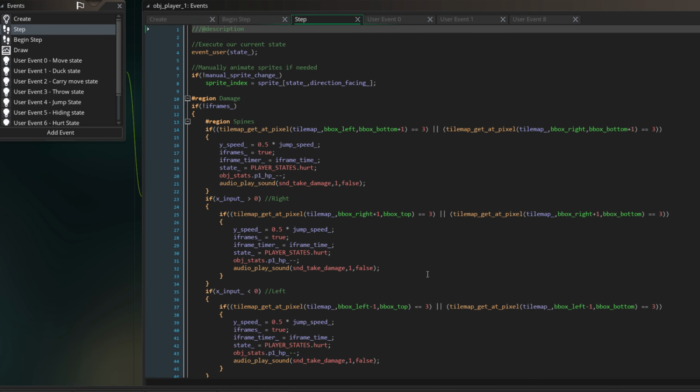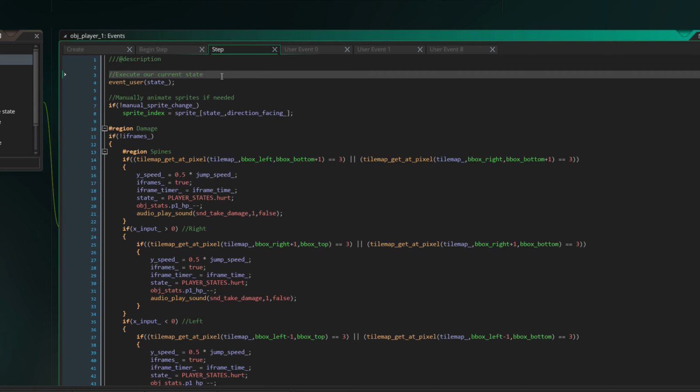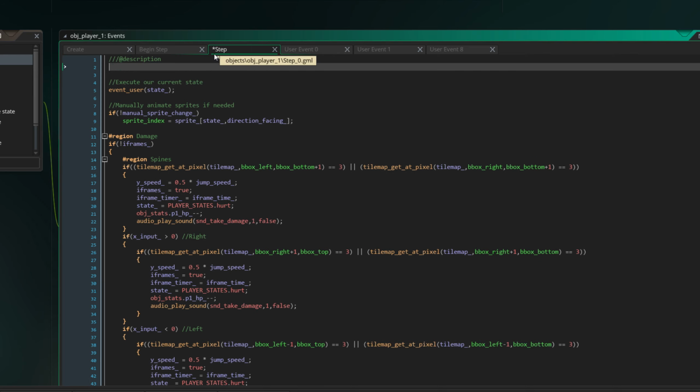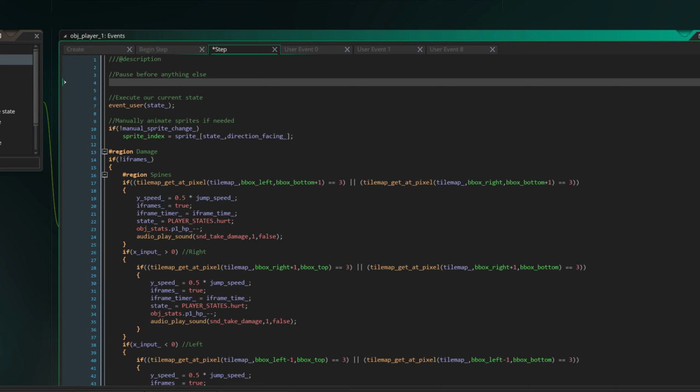We'll have to come back to our player object here, in the step event specifically. So currently we have our step event starting with executing our player state. And then it goes on to do everything else as well. But we want to short circuit all that if we are going to pause. So pause before anything else. And if start_input,